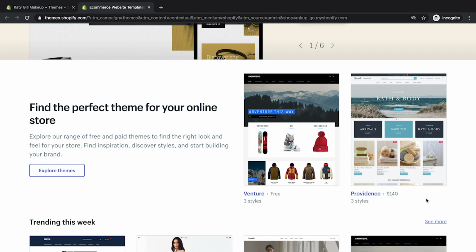If you do want to use a premium theme because it is better, I do recommend paying that little bit extra. It does make a huge difference. It is your shop window. People need to be amazed when they come to your shop, and it needs to be easy to use. So I absolutely recommend, if it's a paid one you prefer, do buy it. It will save you a lot of time in the long run.